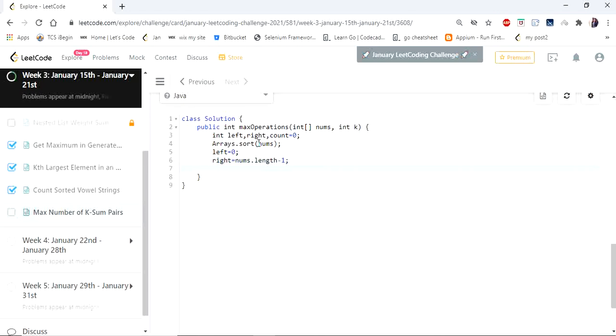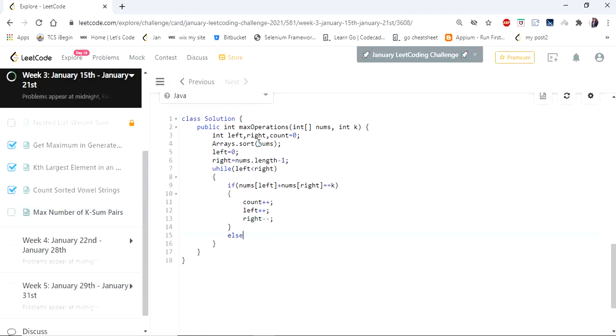Now we are going to have the loop while left is less than right. If nums of left plus nums of right is equal to k, then we increment the count, increment the left, and decrement the right as the pointers move to the next elements.